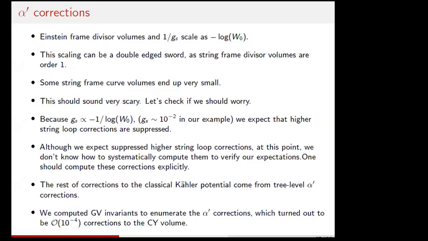The suppression factor for those new operators is of the form g_string times some D3-brane tadpole, the number of D3 charges or whatever, divided by the string frame volume. That's why we're really worried if the string frame volume is small, which means that this suppression factor is really large. And so what we did was